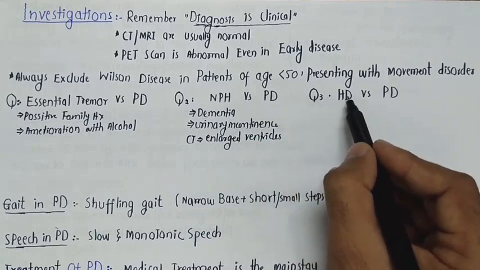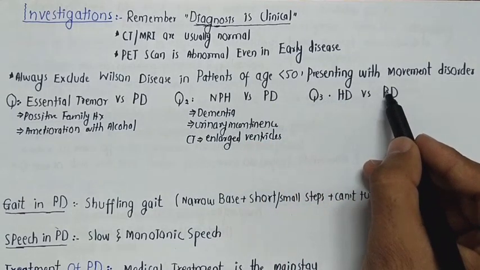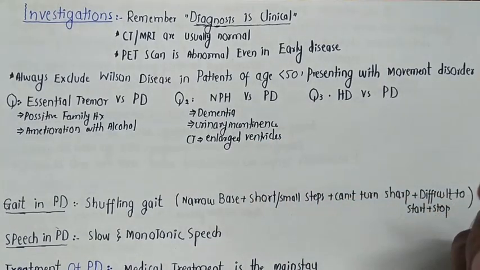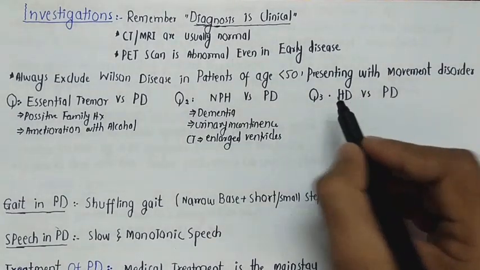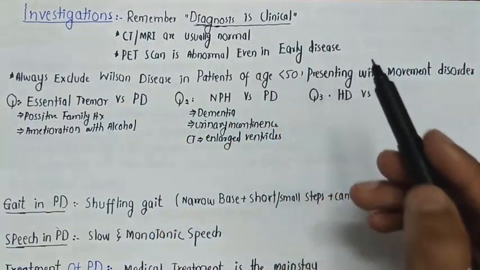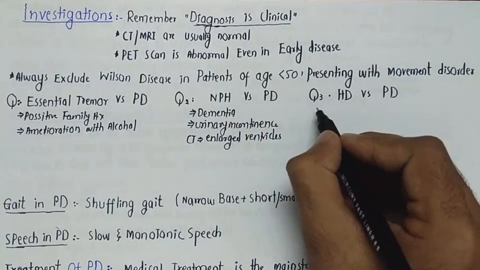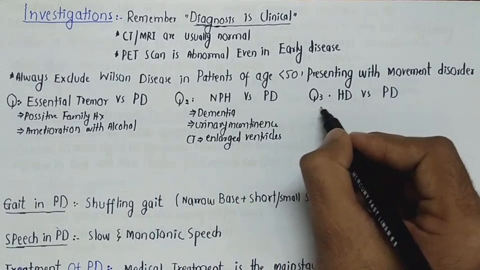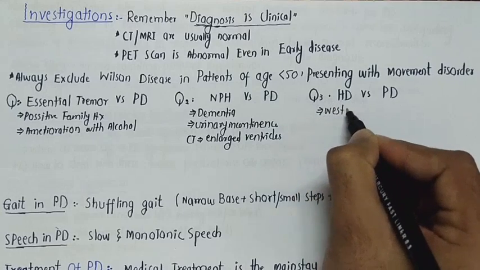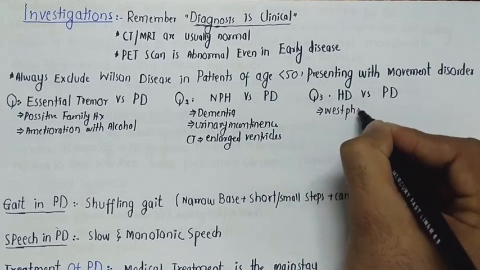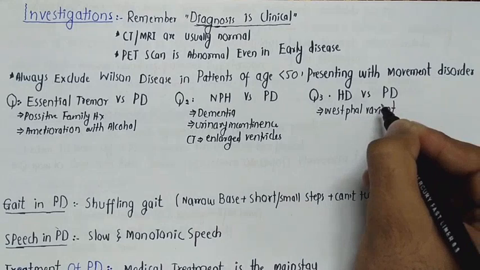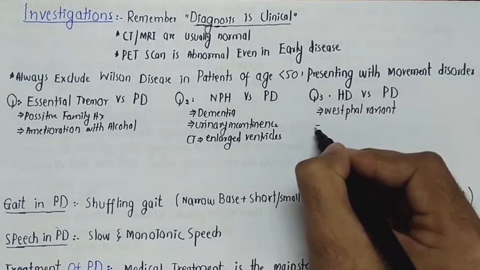Question number 3. How will you differentiate Huntington disease from Parkinson's disease? While in Parkinson's disease, there is bradykinesia. So Huntington disease can be easily differentiated from Parkinson's disease when you see the clinical features. But here is the problem. There is a variant of Huntington disease called Westphal variant. So Westphal variant is a variant of Huntington disease where the chorea